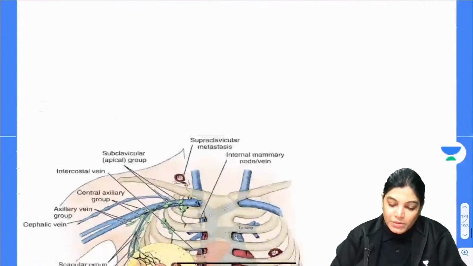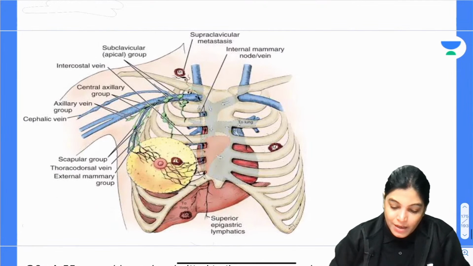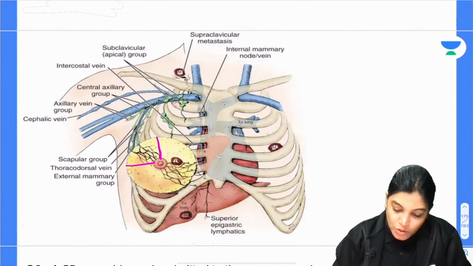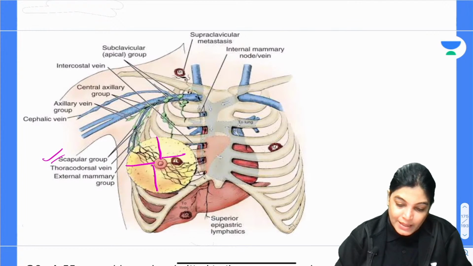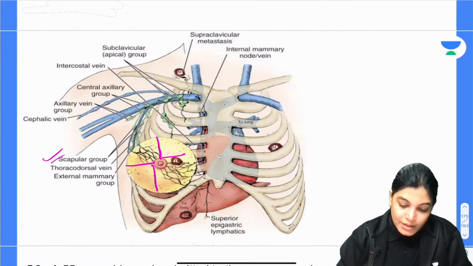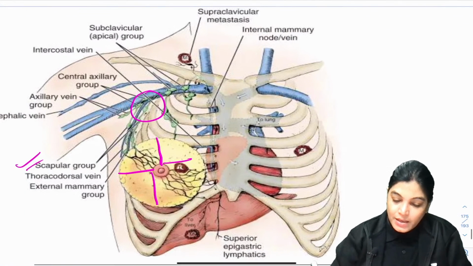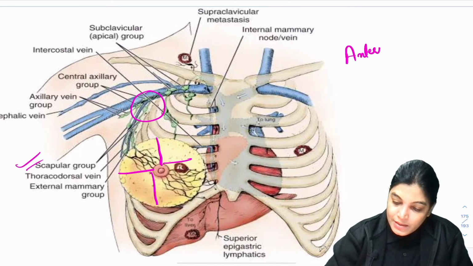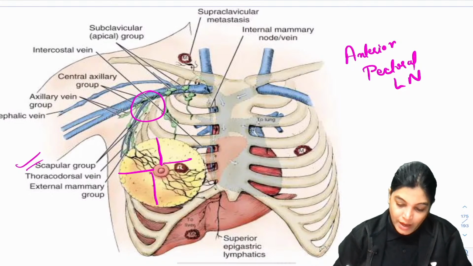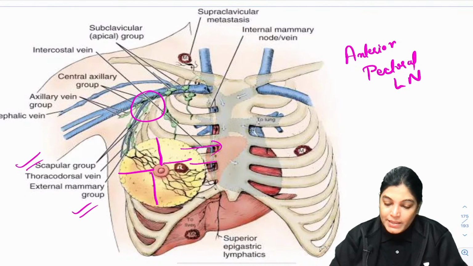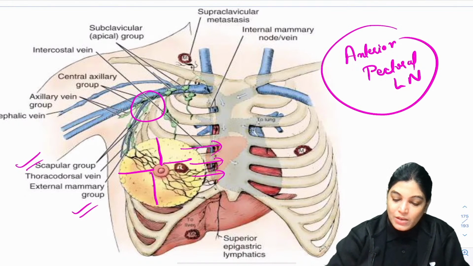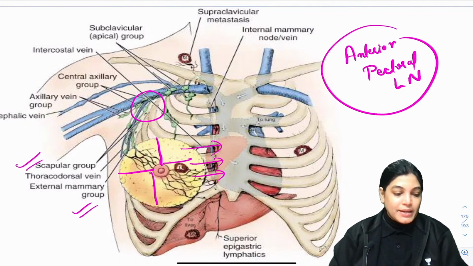Let me show this diagram for you. In this diagram you can see, when we are talking about the lateral quadrant, basically all the lymphatics are being drained into the axillary lymph node here, and if you see here, it drains into the anterior or pectoral group of lymph node, the mammary group of lymph node. The medial one, if we talk about the medial quadrant of the breast, the lymphatics are draining into